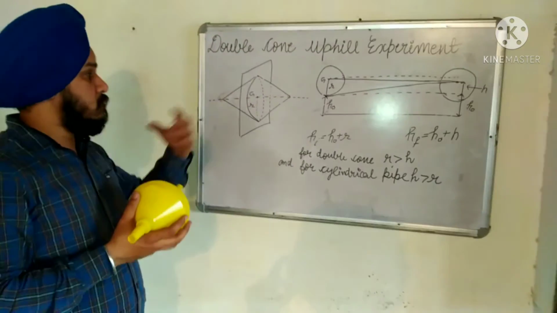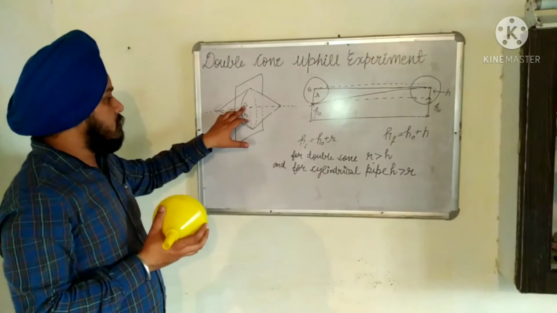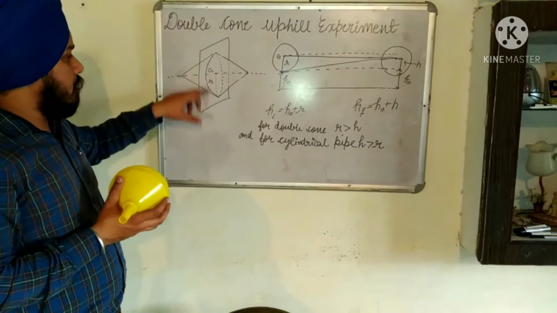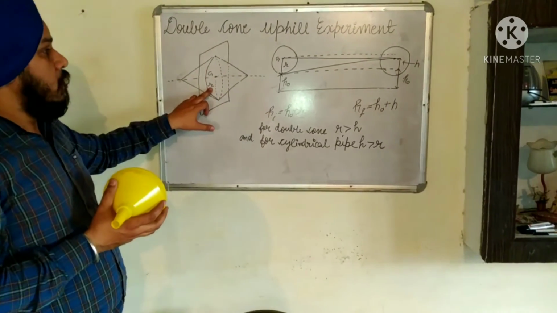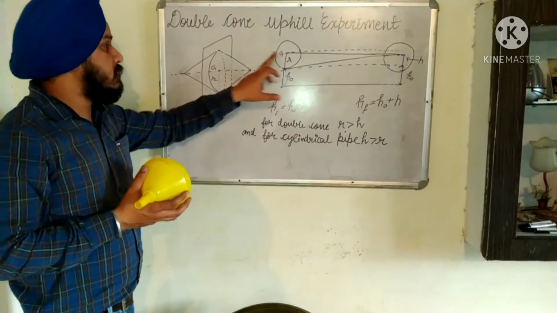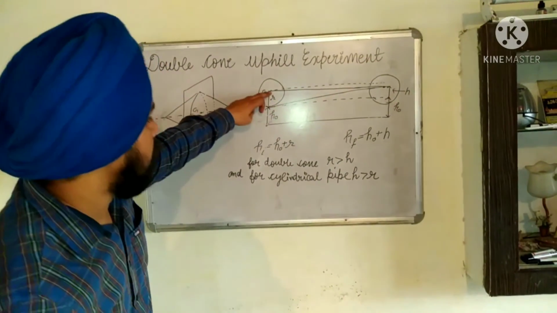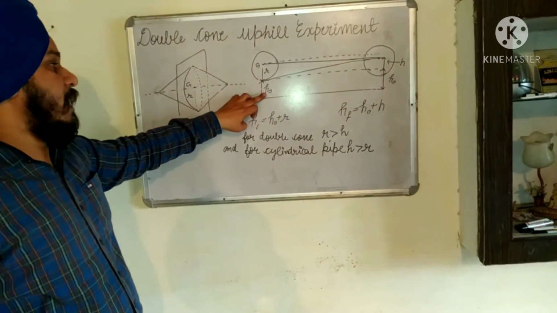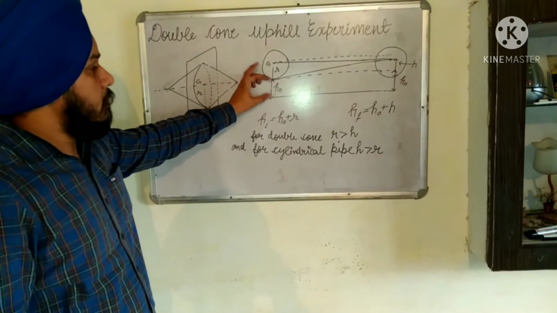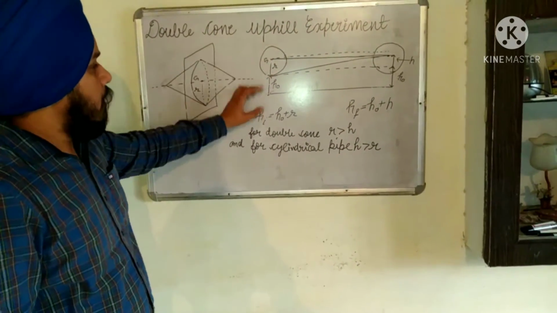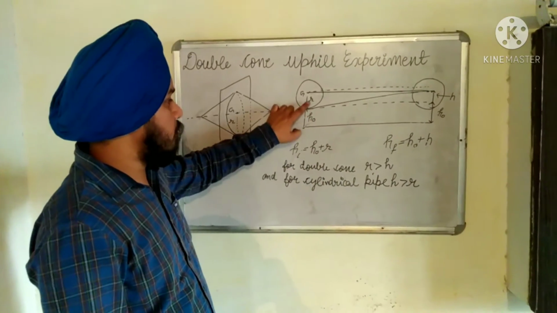So the center of mass of this double cone is concentrated at the point G, and the radius of this circular cone is R. Now when this cone is placed at the bottom of this inclined plane, note down the height h0 of this inclined plane plus R, the radius of this circular cone. Now add these two terms, h0 plus R.